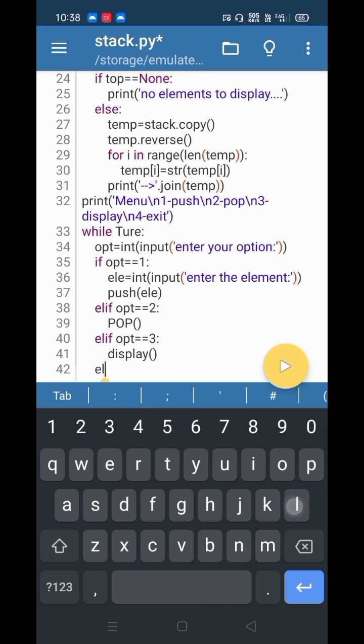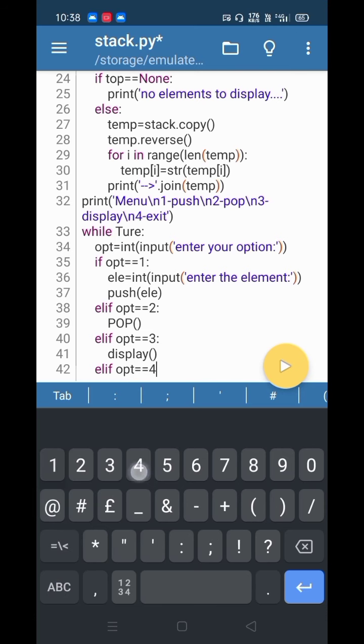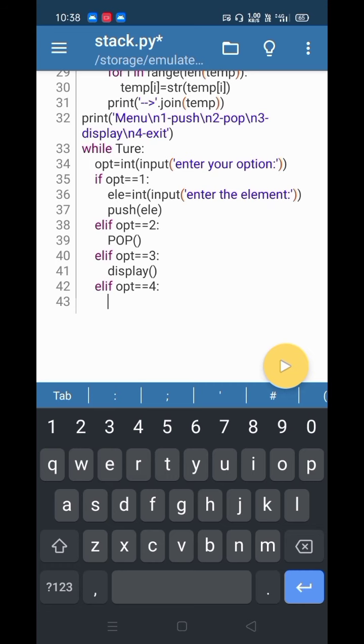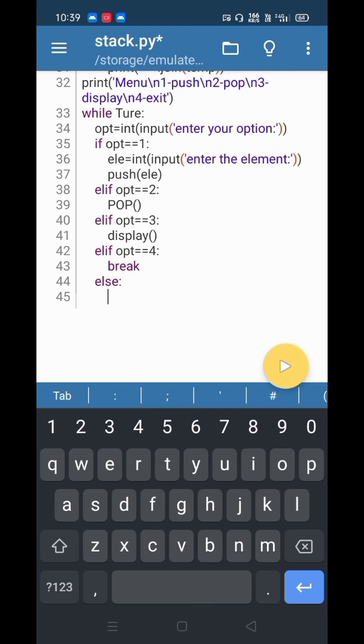After that, elif option is exactly equal to 4, then I will break the loop. And last and final, else: if the user enters by mistake any other option than 1, 2, 3, 4, then we will print a simple message: enter a valid option.